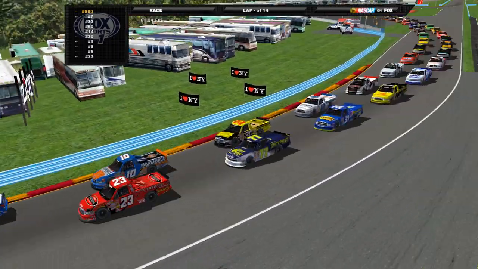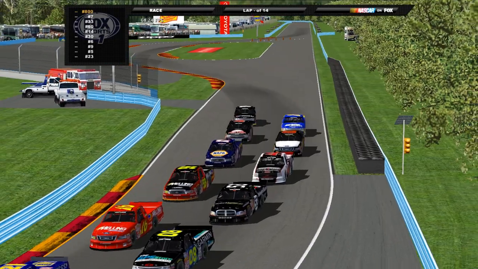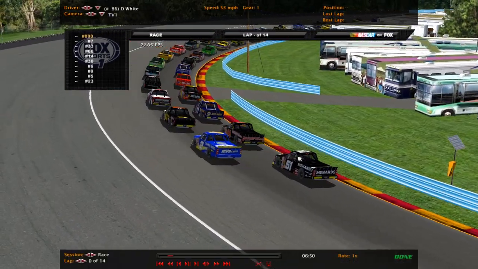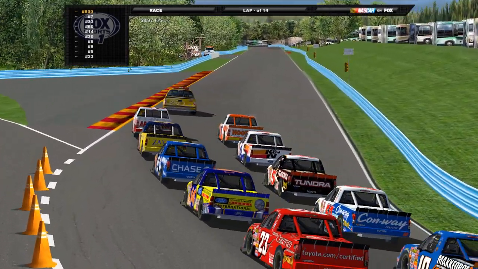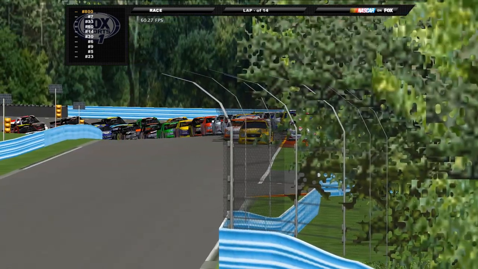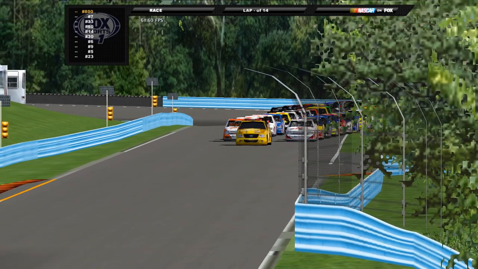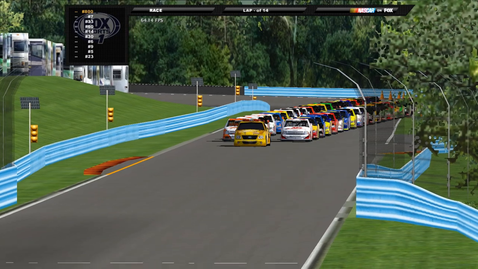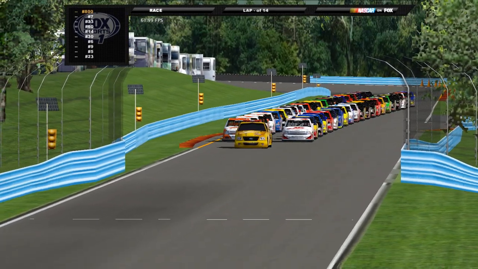So, most of the same players out in front, but nonetheless, getting ready to send them off here. As, well, I guess the only player that's not normally near the front is the 09 of Joey Clanton, with a nice 4th place starting spot. Excited to see how this one goes as we head through